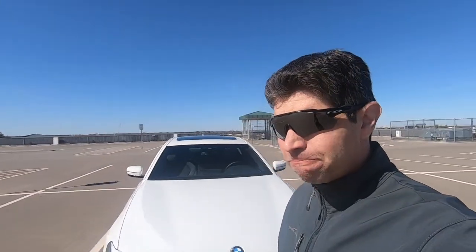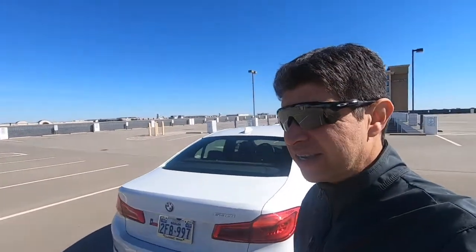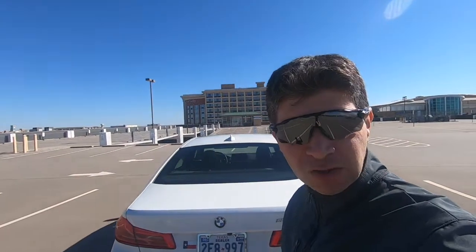And that's probably one of the most important things about car ownership. It's not about going from point A to point B. If that's truly the reason why you get a car, then you really don't need to get a car. You can get a Lyft or an Uber, or take the bus, or even ride a bicycle. The real reason why car folks get a car is because if you're going to go from point A to point B,